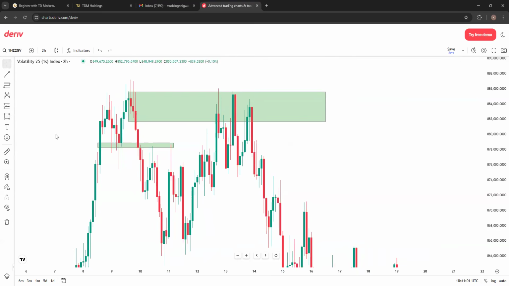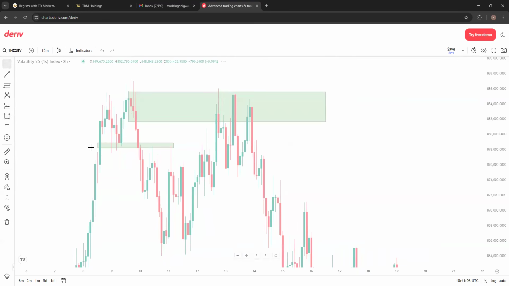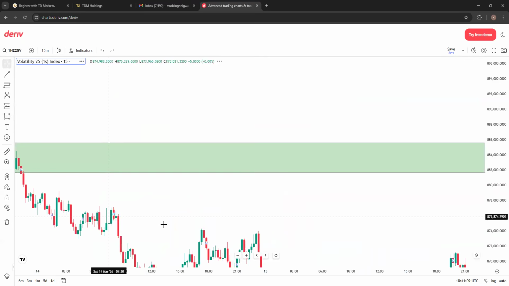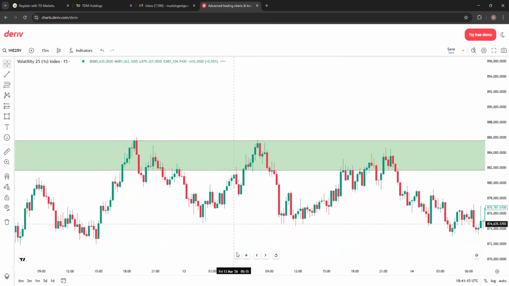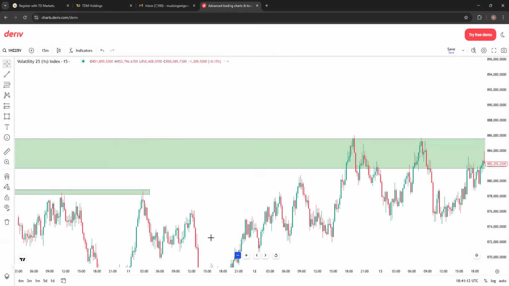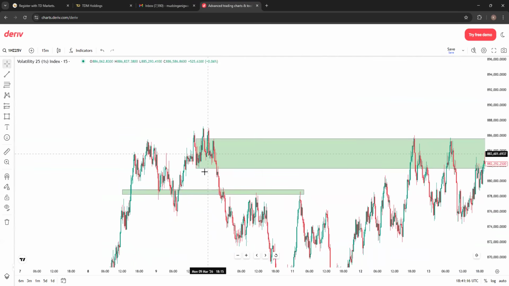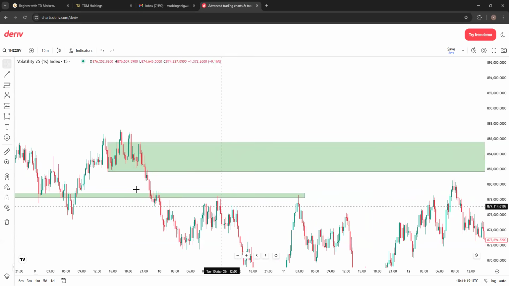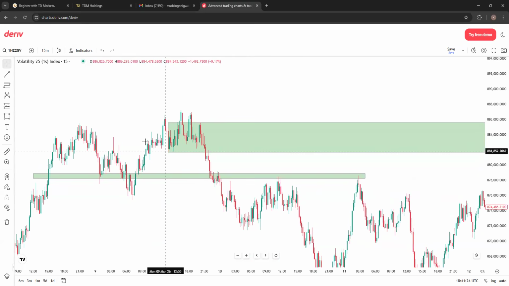But see, this is a 2 hour time frame. We can scale to M15, right? So that we can have a more precise entry. And now what you can see is instead of us just guessing that this was our last buy before we started selling, which gave us a change of character here. Of course, we already had another change of character, but also remember when we learned about BTMM,